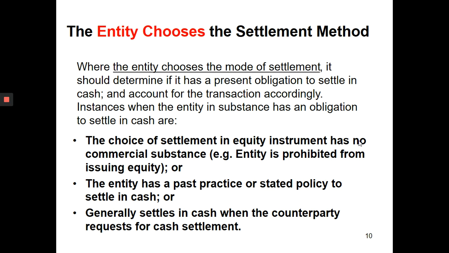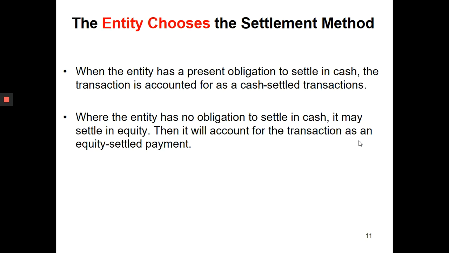Generally settle in cash when the counterparty requests for cash settlement. So for this one, we will look first at whether there is a present obligation or not. When the entity has a present obligation to settle in cash, the transaction is accounted for as a cash settle transaction. Where the entity has no obligation to settle in cash, it may settle in equity. Then it will account for the transaction as an equity